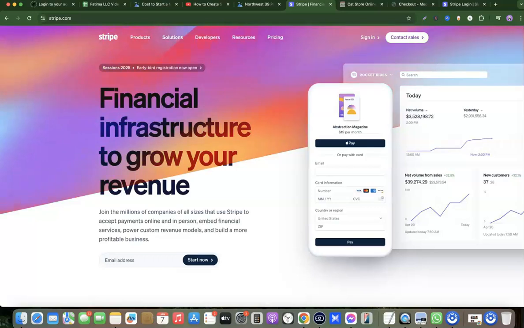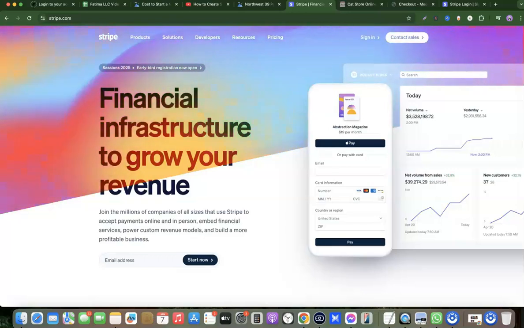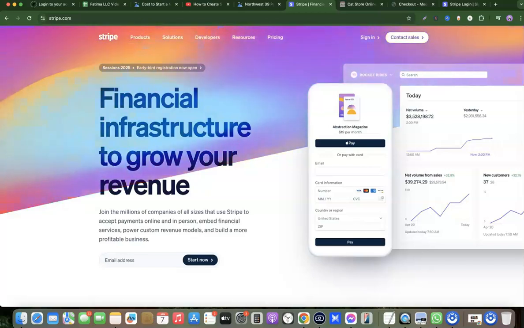In today's video, I'm going to show you how you can easily create a Stripe account that you can use to receive payments from your customers. So for example, you have a small business website, or you are into e-commerce, or you are into dropshipping, and you want to create a Stripe account in order to be able to receive payment from your customers. If this is something you'd like to do, I'm going to show you exactly how you can set it up